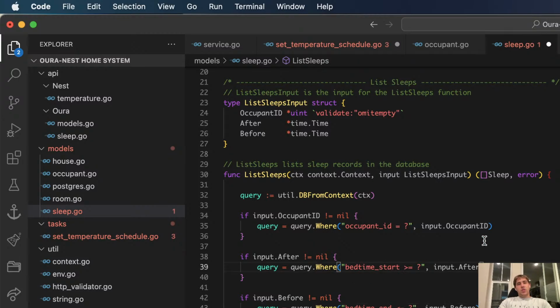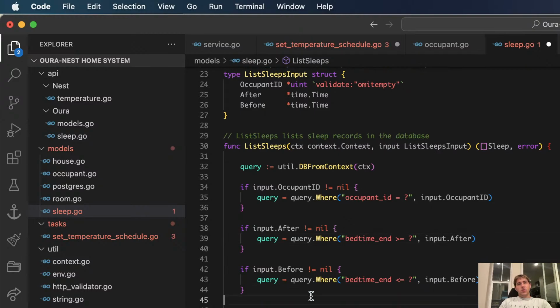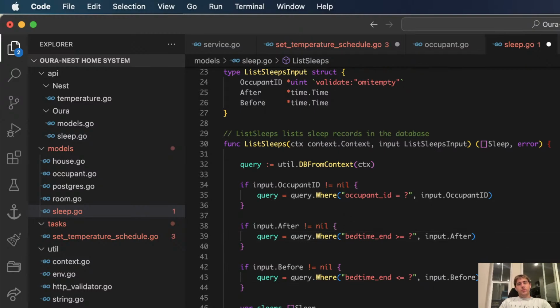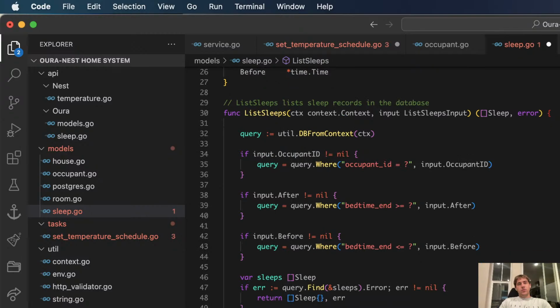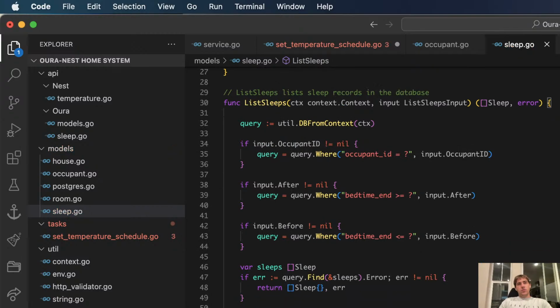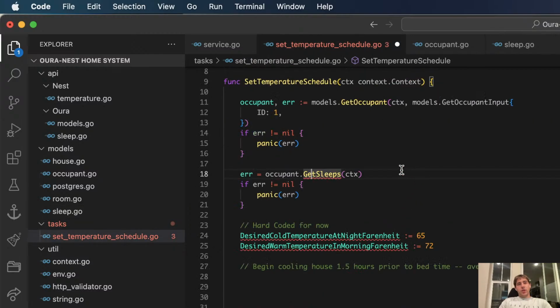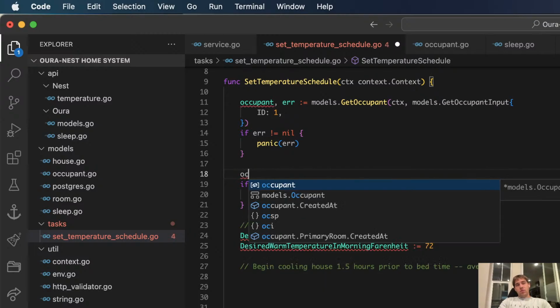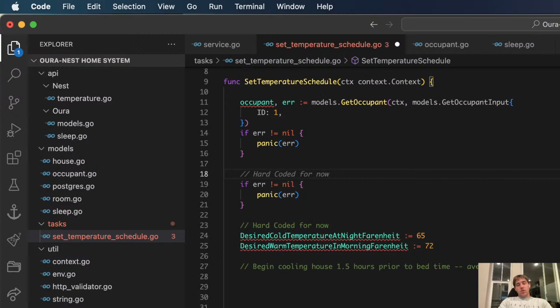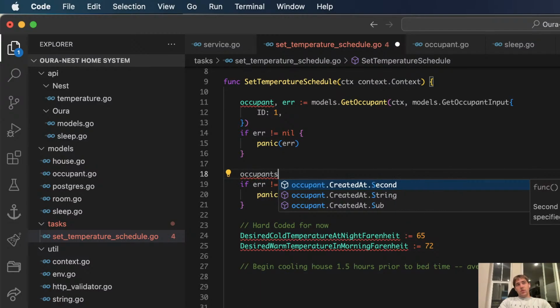I prefer bedtime.end. Nice. That's fine. I would normally set limits and whatnot, but I don't really care honestly. Okay.